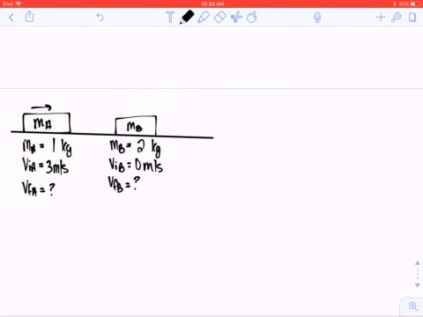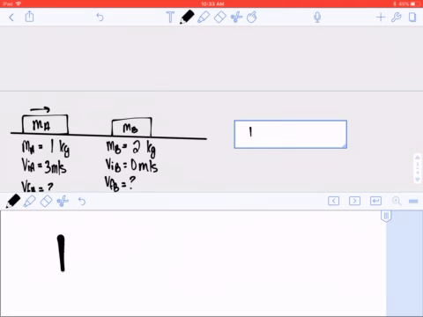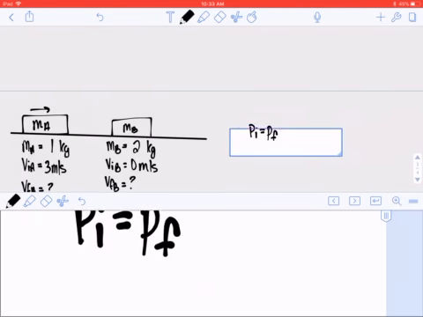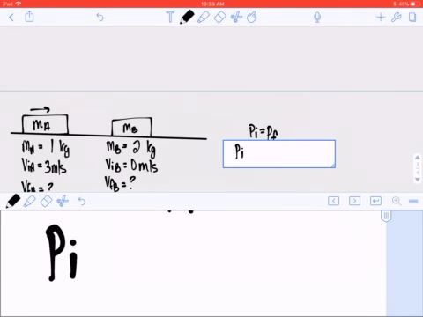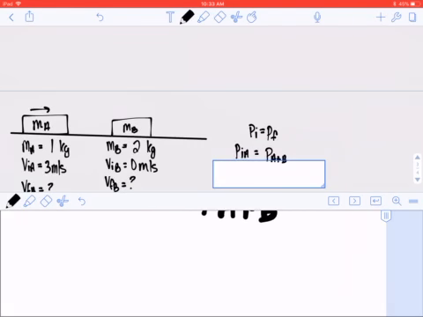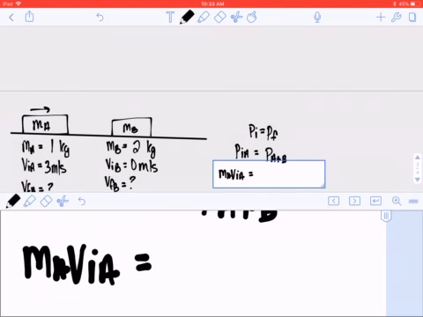So to do this, we're going to start with our trusty momentum initial equals momentum final equation. At the beginning, only A is moving, so we only have an initial velocity of A. After the collision, these move together, so it's the momentum of A plus B because they're together. So we have mass of A, velocity initial of A, equals